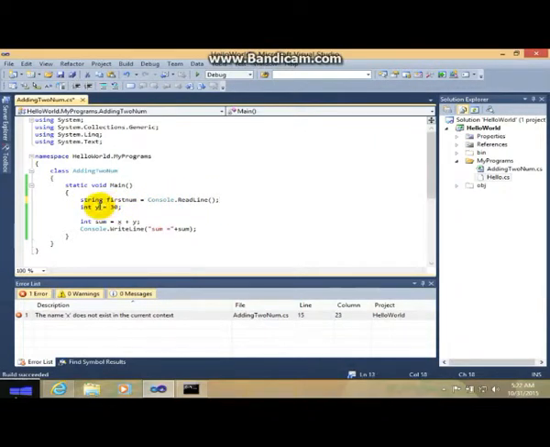And for the second number, you can name it x, or whatever variable you want to use.